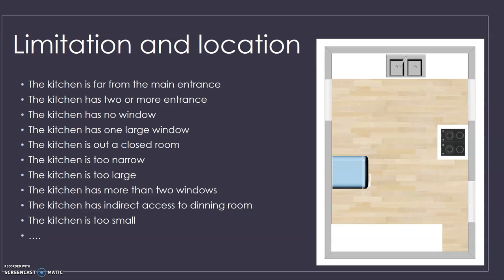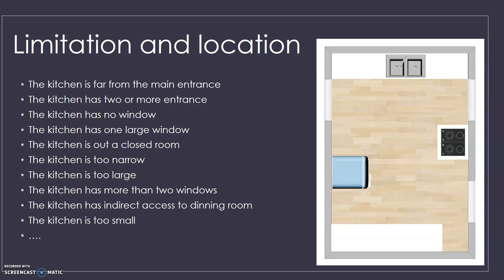Sometimes there are two entrances that limit your room in your kitchen and limit the number of cabinets you can have. Sometimes there's no window or a very large window, and it limits the number of cabinets that you want to put in. Sometimes it's in a closed room, and you need to open up some walls, and sometimes it's too narrow,